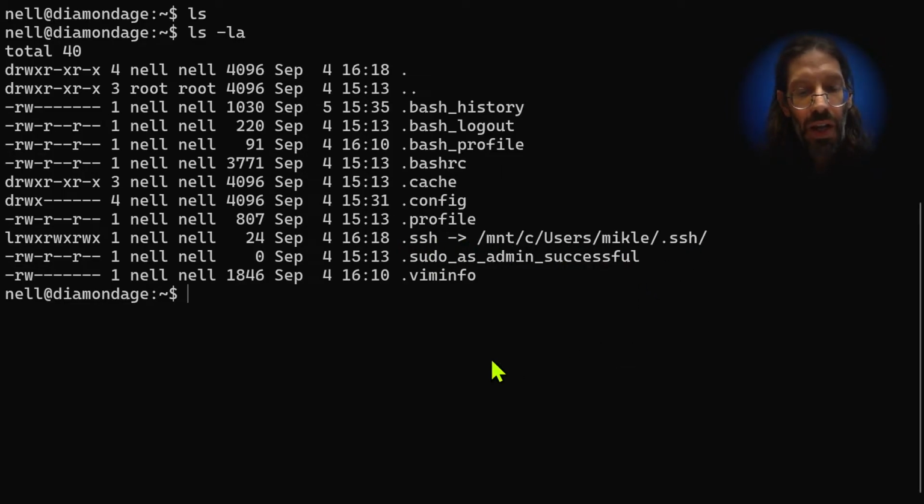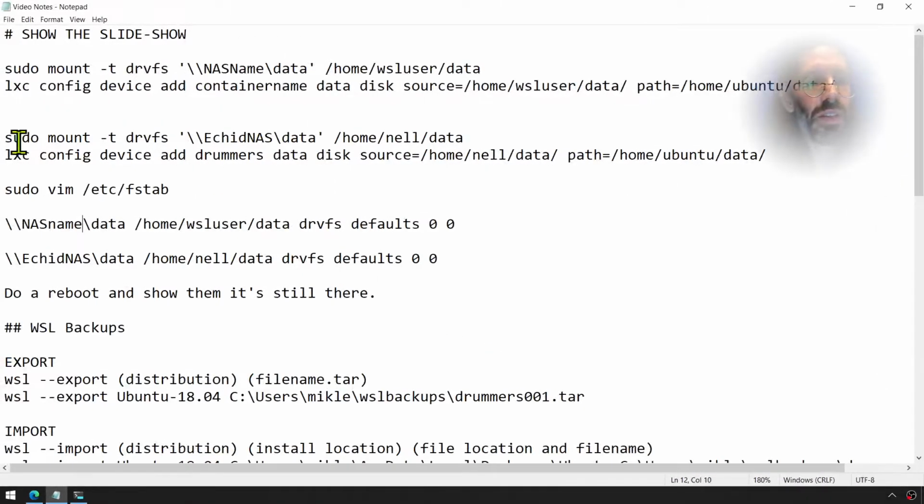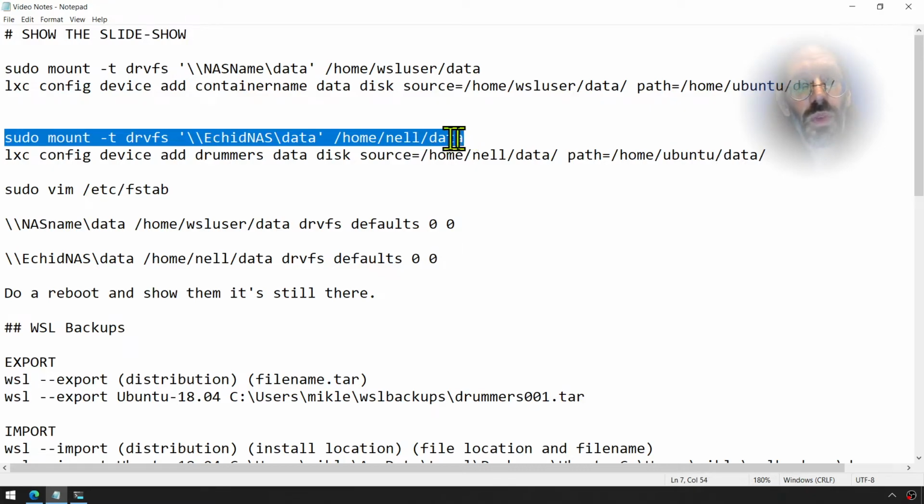Okay. But now what I have to do is execute these two commands, right? The first one will map the NAS location onto my WSL instance.